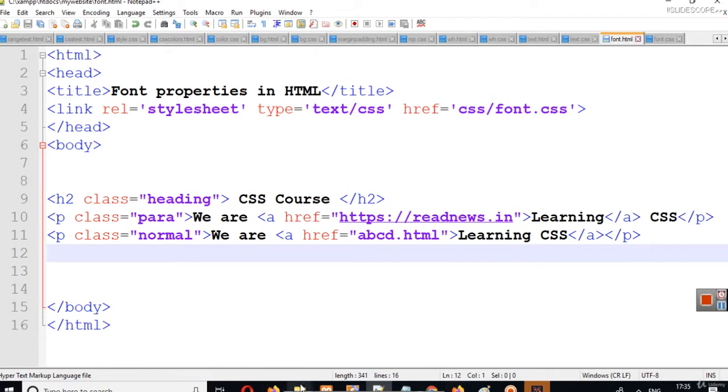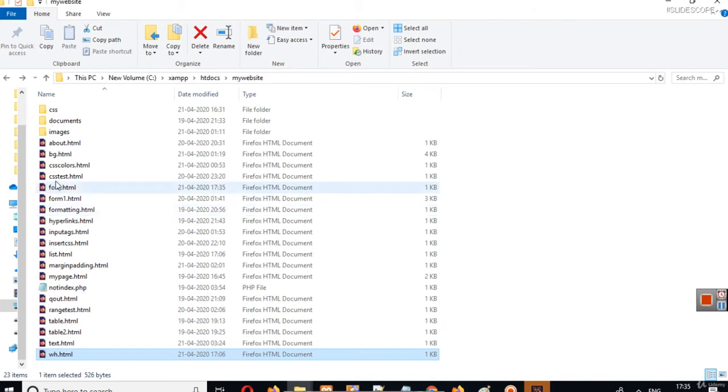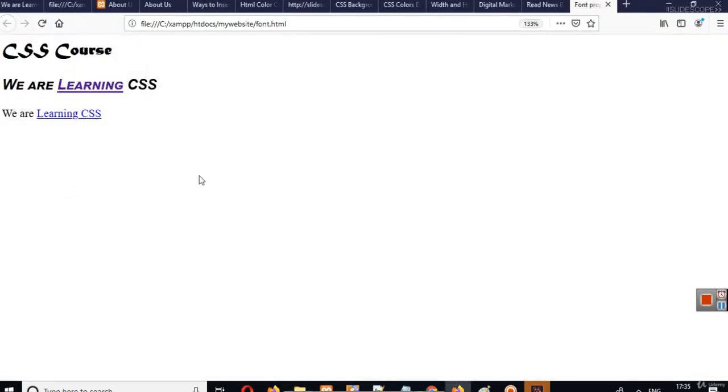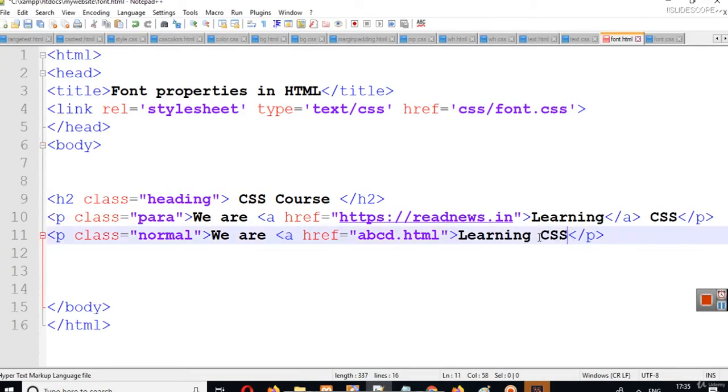So now when you reload, you will see here the difference between the color of these two links. So I will again go and put the link of this on this learning word.